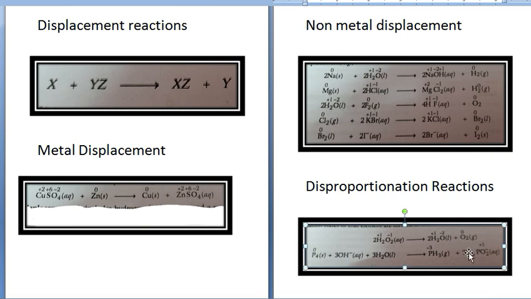But in PH3, because hydrogen is +1 and there are 3 hydrogens, the oxidation number of phosphorus is -3. Whereas in H2PO2-, the oxidation state of phosphorus is +1. So phosphorus's oxidation state is changing from 0 to -3